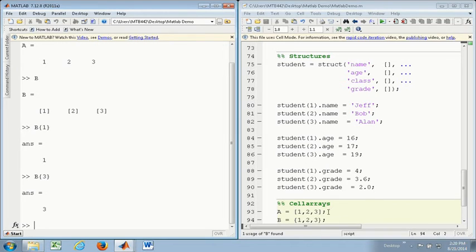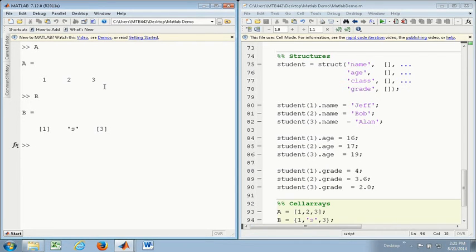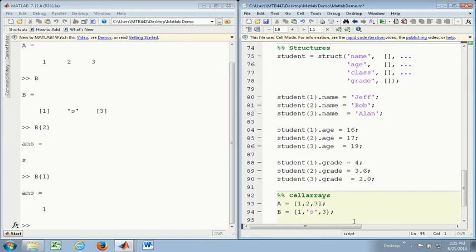What's the use of this? Well, I can have S here, whereas I couldn't have S over here. It would throw me an error. So that's A, and this is B. And the second element of B is a string, and the first element is a number. You can initialize